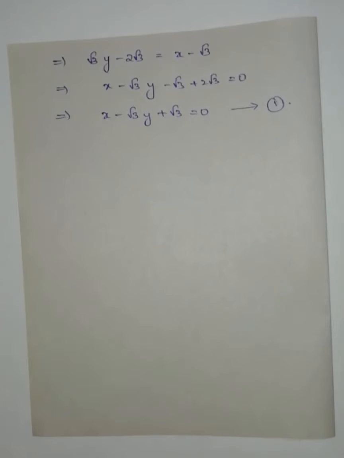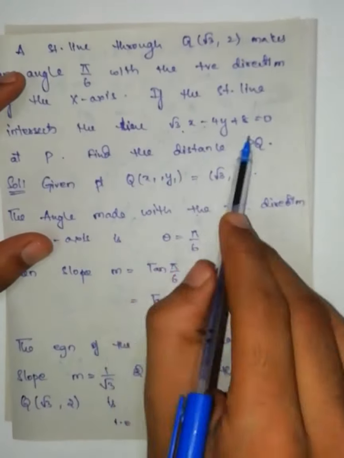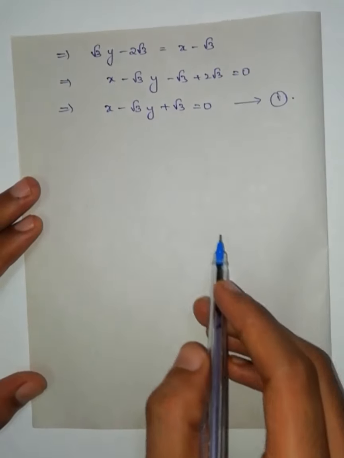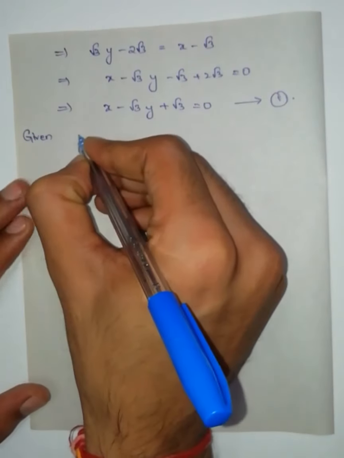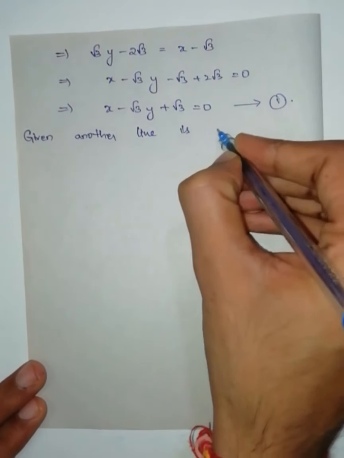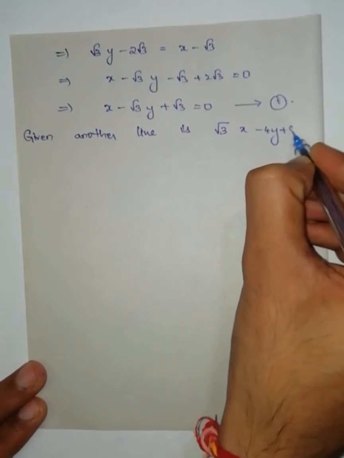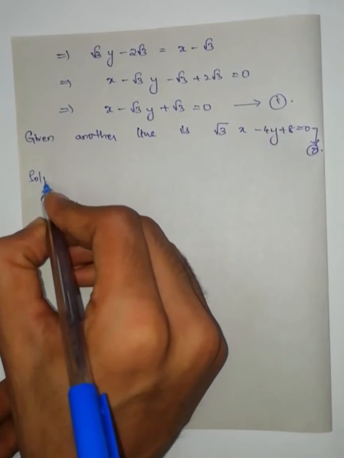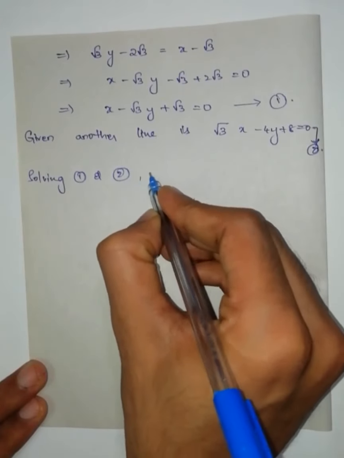Now what is given in the question? This line meets another straight line at P. The given other line is root 3 x minus 4y plus 8 is equal to 0. Let us take it as equation number 2. Solving 1 and 2, we get